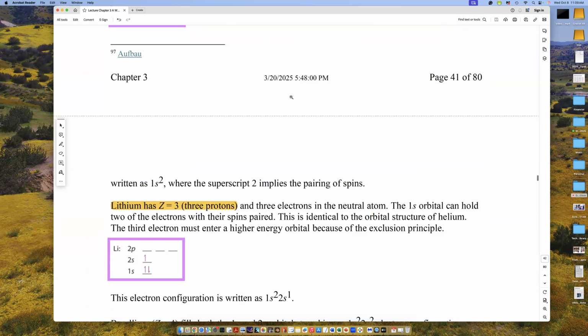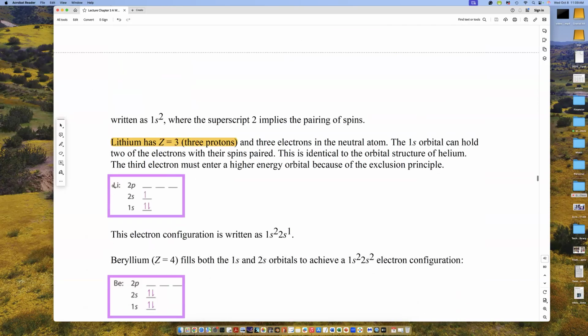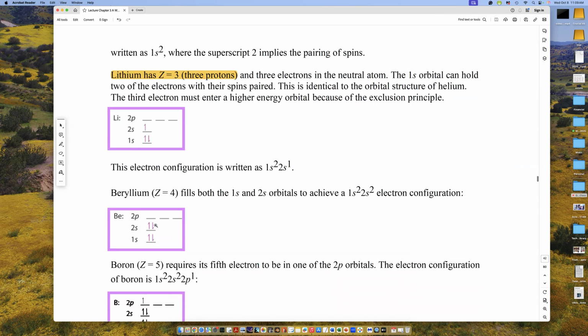If you want to go to the next level, you have to create lithium, because there's no room here for another electron to occupy this lower energy state. There's the energy level, 1s. There's the spin states, 1 up and 1 down. So everybody's happy here. And the next electron has to occupy this second energy level, 2s. And then there's room there for another electron with the opposite spin. And now you've created beryllium.